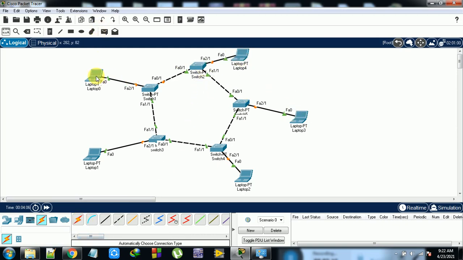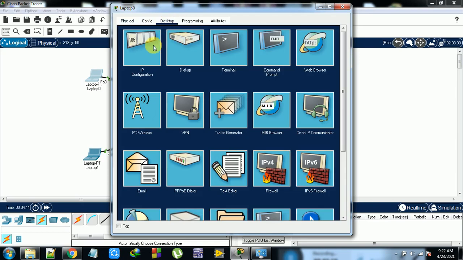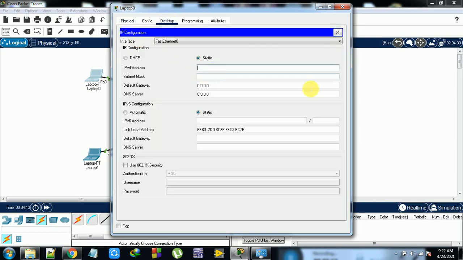So once this is done, laptop 0. Click on laptop 0 and go to Desktop, Config. Give some name. The IP is 192.168.1.10. Okay, so done.